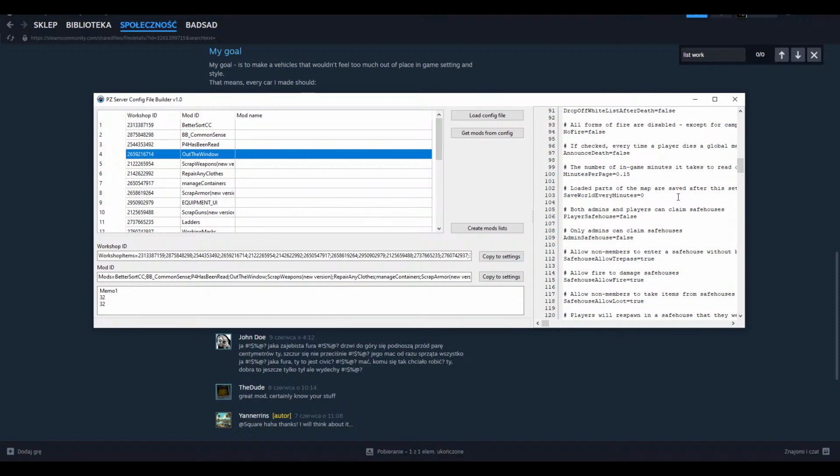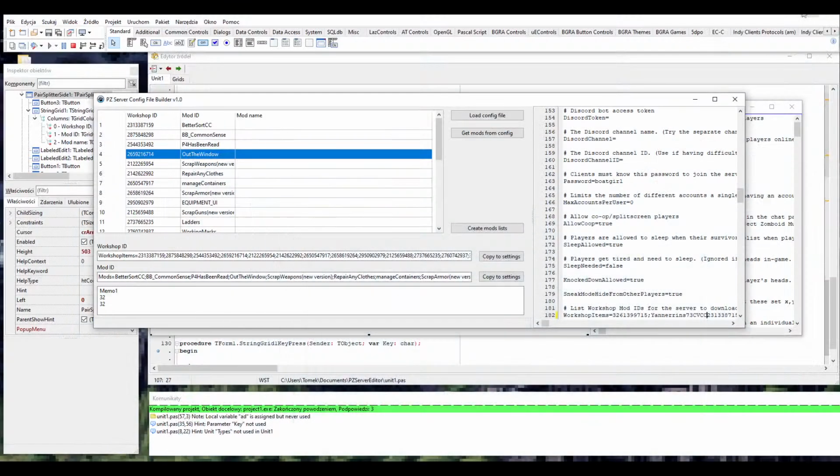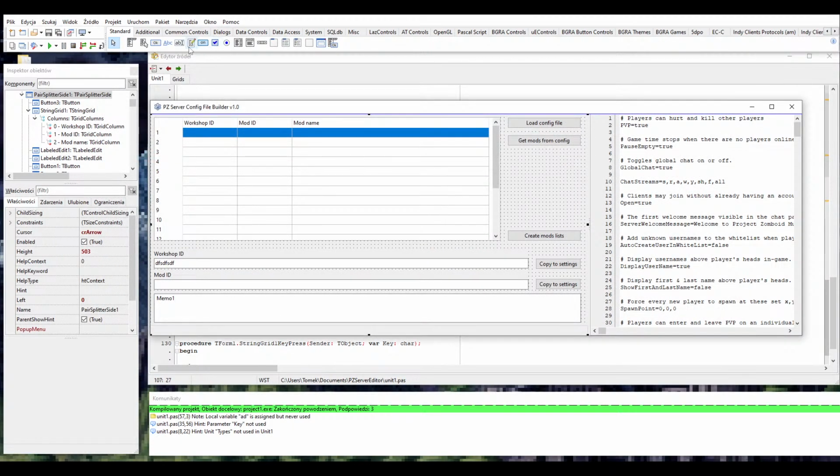Well, never mind. I also need to paste it there. And the same thing goes for any other mod. So it's a little bit annoying. So what I'm going to do now, I'm going to add a